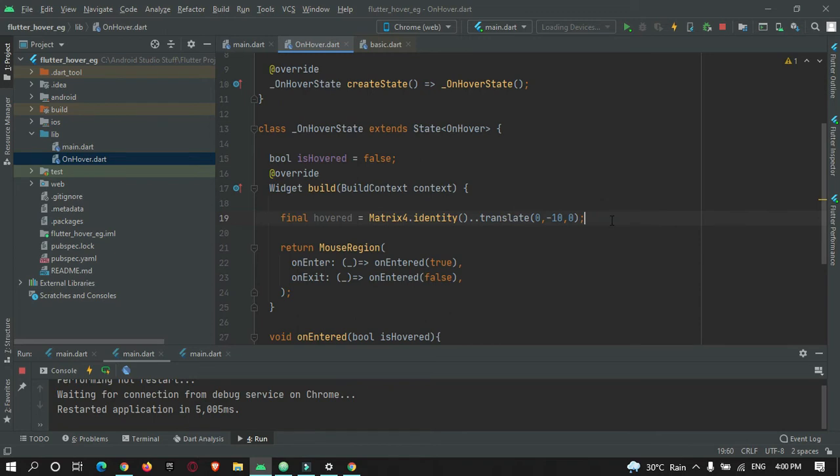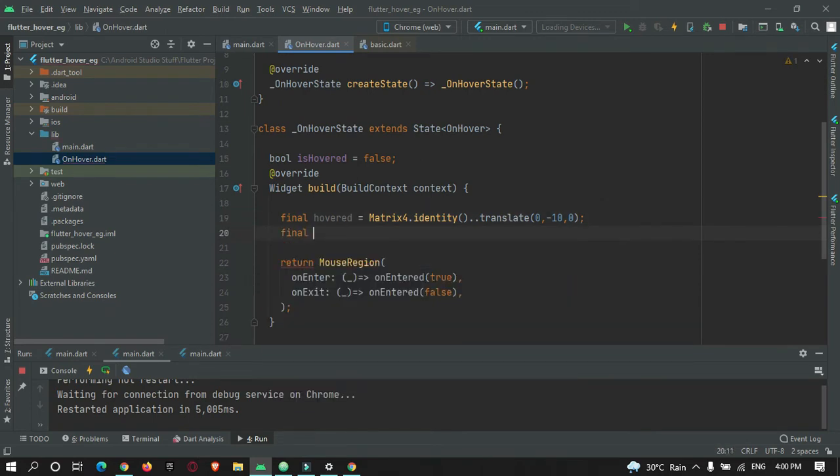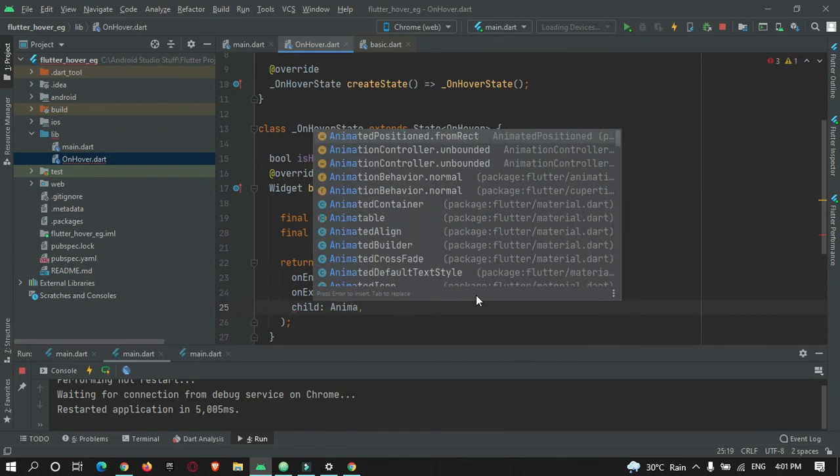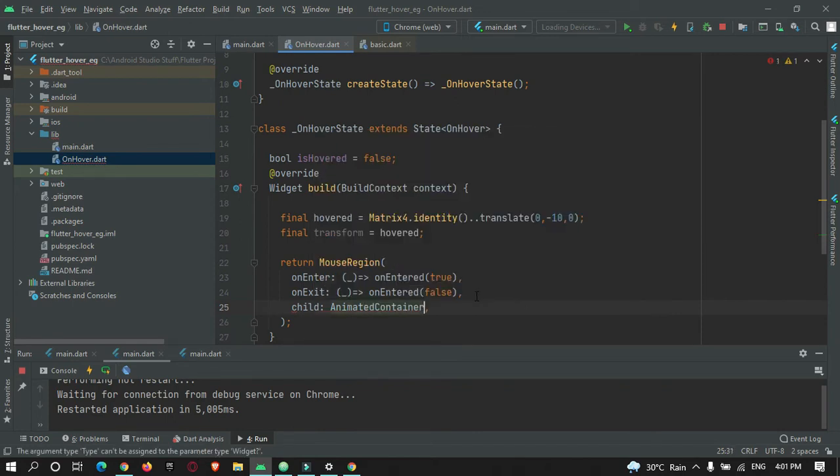Okay, and now let's create a final transform, and here we will just attach it to our hover. Okay, so now we can make use of this transformer in this mouse region. So here we will just create an animated container.